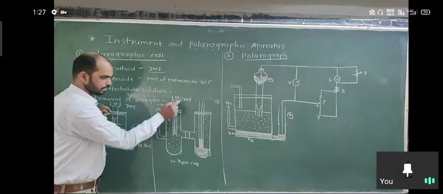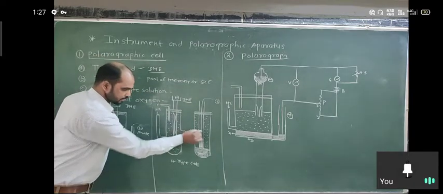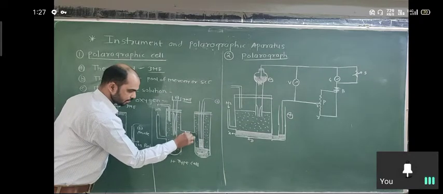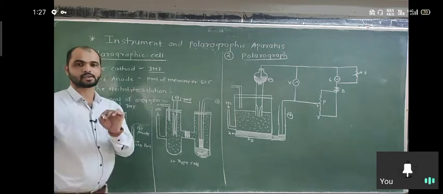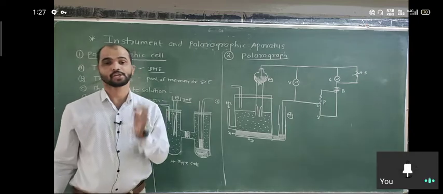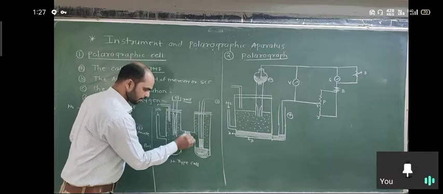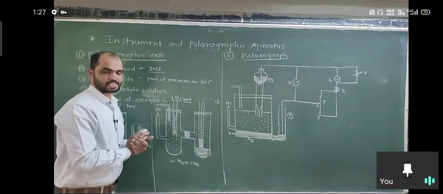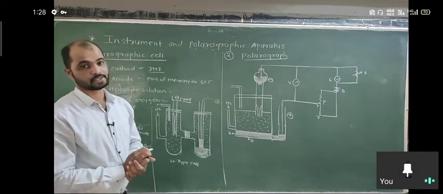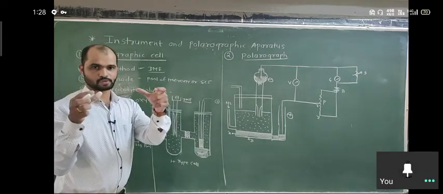The arm containing this electrode holds the sample solution. The two arms are joined together by this part, which is filled with agar-agar gel, agar-agar gel with saturated potassium chloride. So the cells are connected by this agar-agar gel. In your physical chemistry practicals, the courses include a potentiometer. In those practicals we can use the agar-agar gel, because two beakers are used.